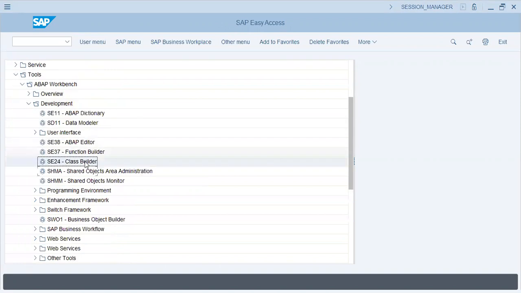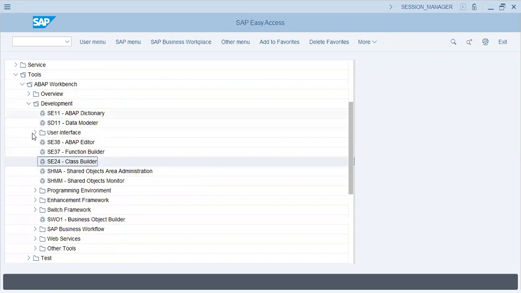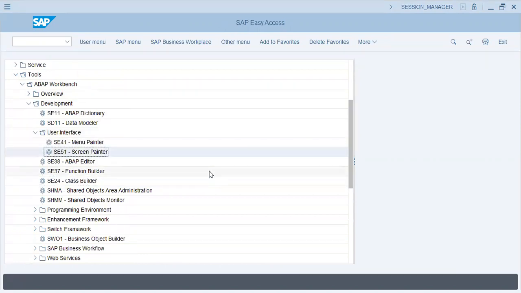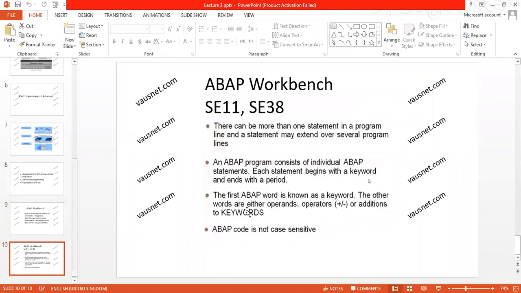Then we have different areas where we will be working separately: menu painter, screen painter, okay. And these areas are what we will be covering in later stages. So ABAP, starting with ABAP,